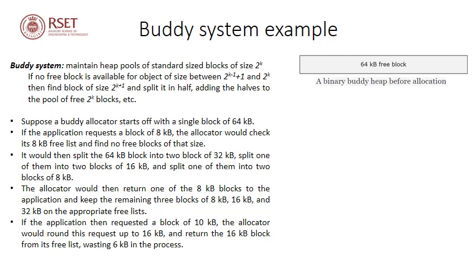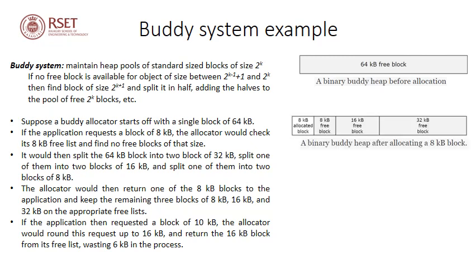It checks its free list for an 8 KB free block and it finds the entire 64 KB. So what it does is it will split the 64 KB into two blocks of size 32 KB. From one of the free blocks of 32 KB, it will again split it into a 16 KB free block, another 16 KB free block. And from one of the 16 KB free blocks, it will again get one 8 KB, another 8 KB free block. And one of these 8 KB free blocks will be assigned to the program which requested it.